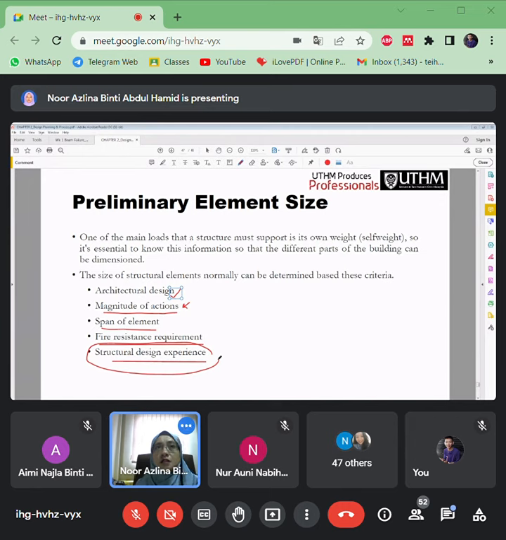You just imagine, I baru graduate ni, I have to design the hall. Oh, excited kan? At that time I'm using Esteem.